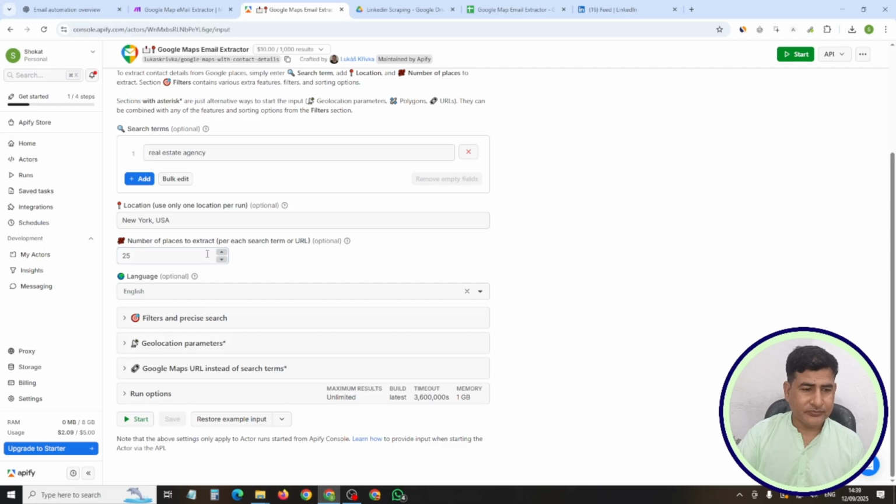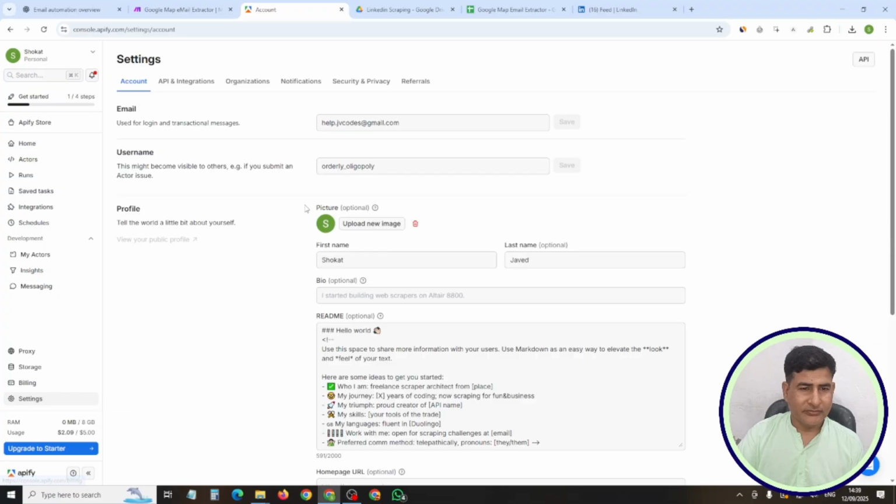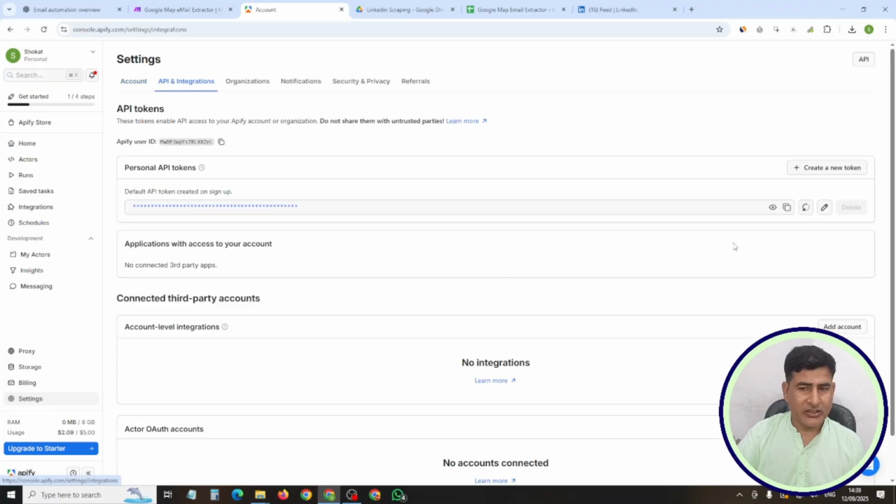After that you have to come over to settings, API integrations. Now copy the API from here. Now come here to